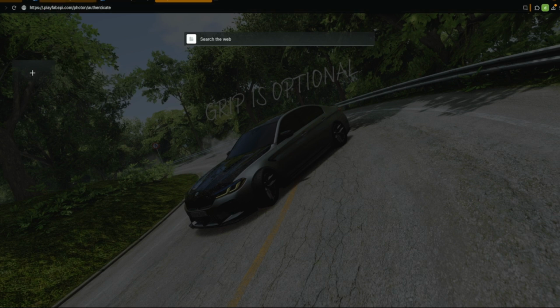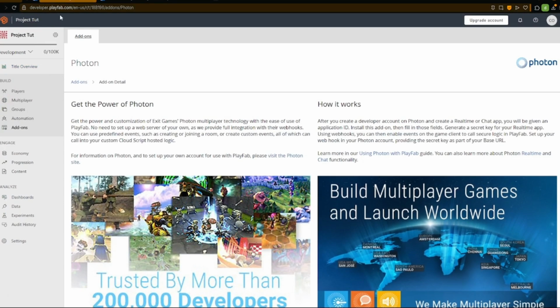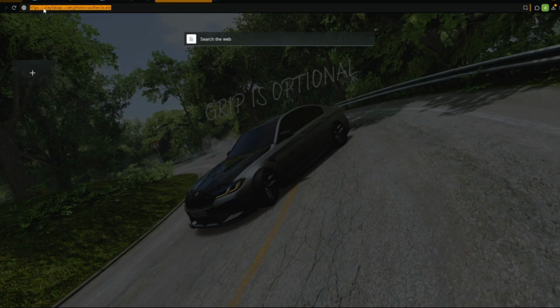You can go back to your PlayFab, and where you see these random numbers and letters, press Ctrl C, and then paste it in between the dot and the dash, which right here should look like this. You can copy the whole thing, and go back to your Photon,